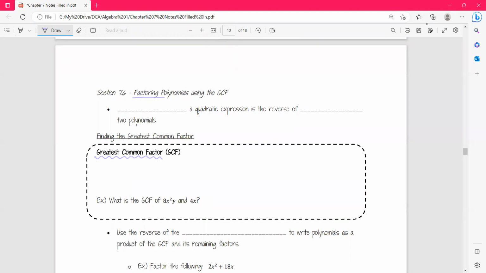So factoring a quadratic expression is the reverse of multiplying two polynomials together. So that's really important. It's the reverse of multiplying two polynomials together. That's by definition. Remember, a greatest common factor is the largest number